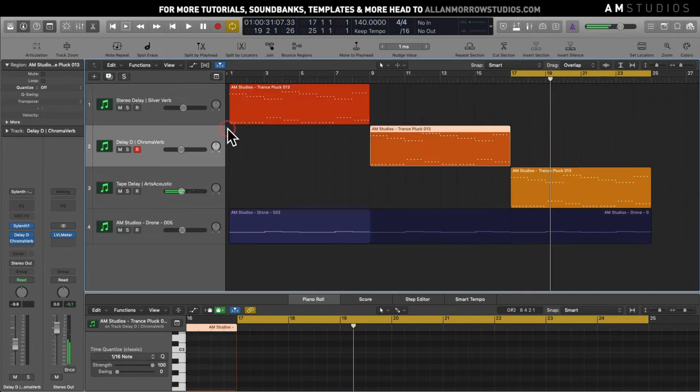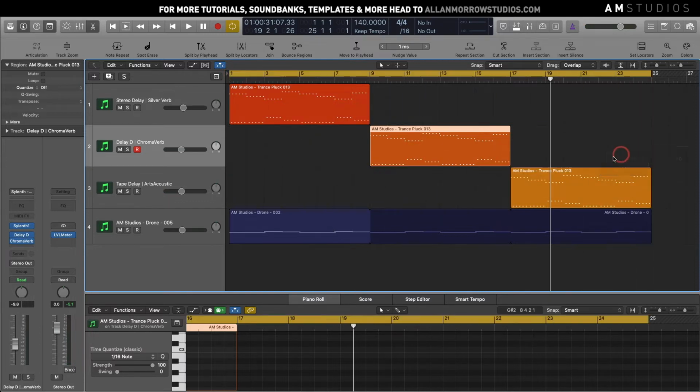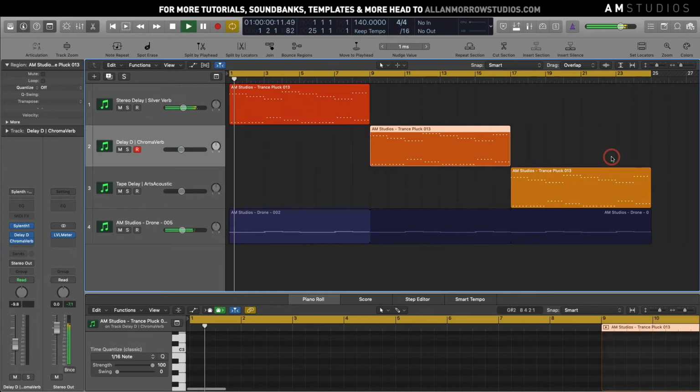Now, if I show you these all together, you're going to hear that there isn't a massive amount of difference in them. Obviously, they're going to have slightly different characteristics, but you kind of want that anyway. Every track is always going to be different, but I'm just trying to show you that you can get a similar sound across the board. So if I play these from the start,